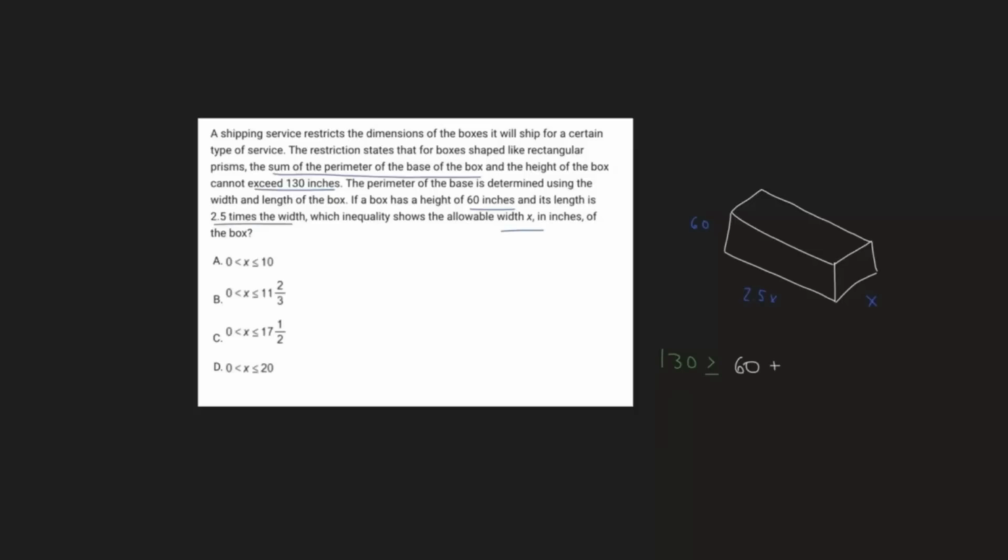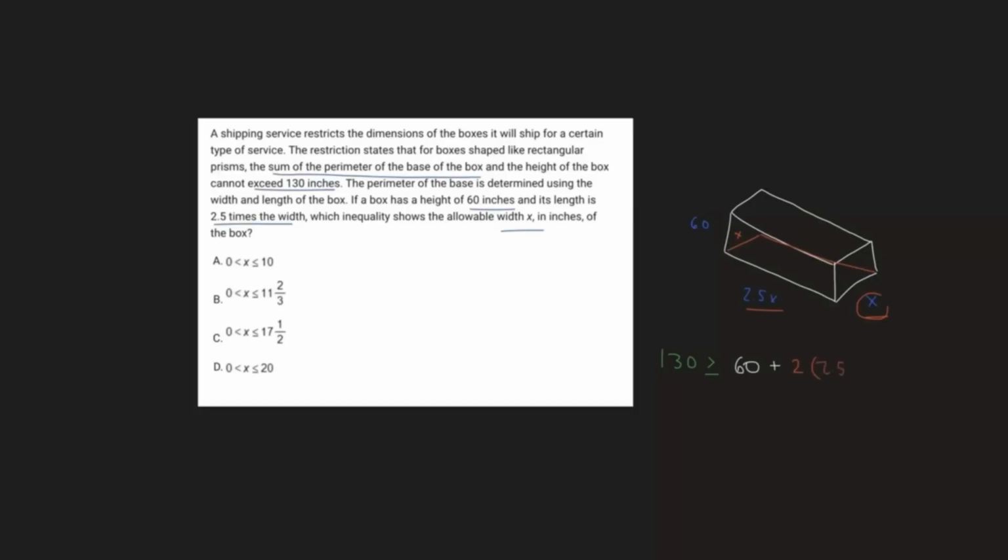So the perimeter of the base of the box is just that base, that one side. So for that one side, we're going to have that length and that width. However, there's that other side. I'm trying to make the drawing. This is a three-dimensional object, so you have two widths in reality. You have a width on this side right here, and you have a width on the other side. And the same thing with the length. You have 2.5x on one side and 2.5x on the other side. And therefore, when we write our inequality to find the perimeter of that base, we can just double the addition of both the length and the width. And so we can write this as 2 times